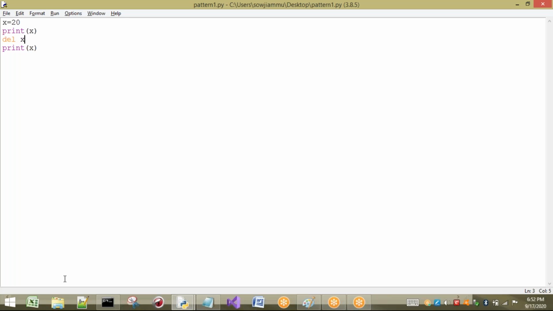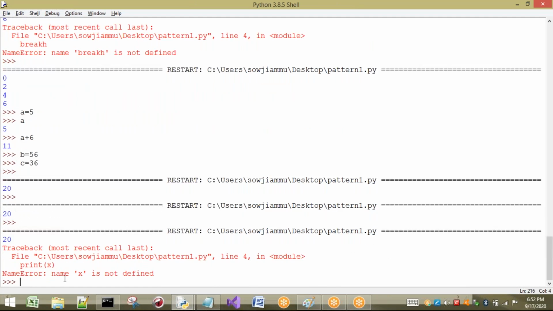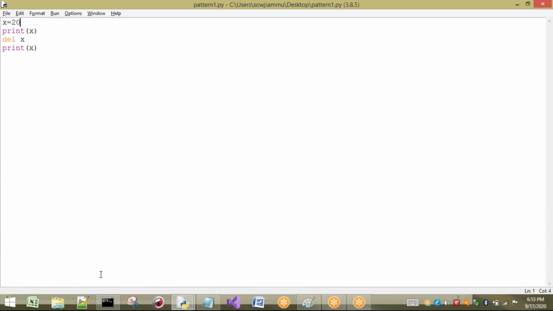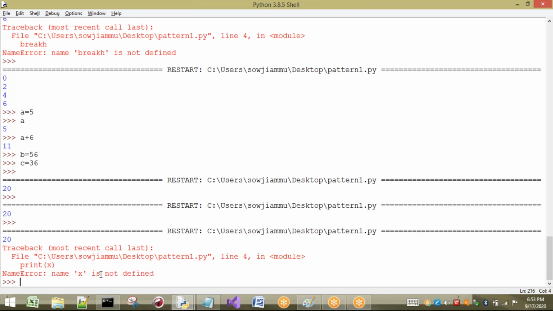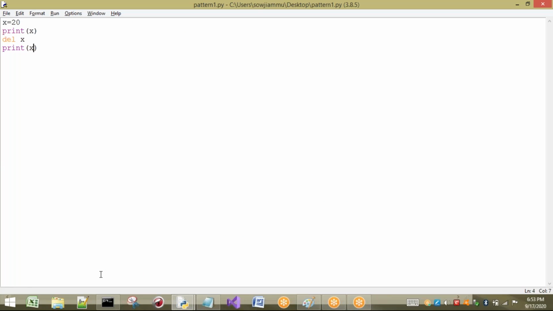No problem. Next, I am going to delete that x. That means x will not be available now, because I have deleted it. So if I try to use that x, it is going to give you an error, that is NameError: name x is not defined. You may think, sir, I have declared it here, why is it showing it is not available? The reason is I have deleted it here. Whatever variable you create can be deleted. Which error do we get? NameError. That means whatever you are asking for, that is x, this name is not available with me. This is a small example.